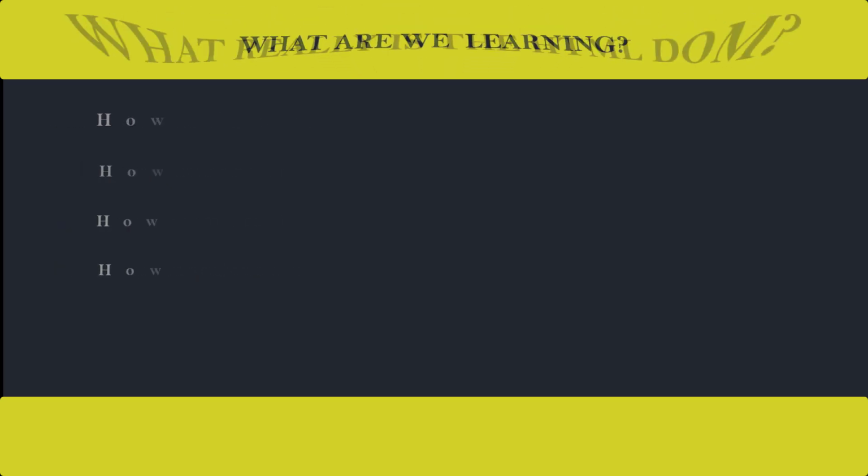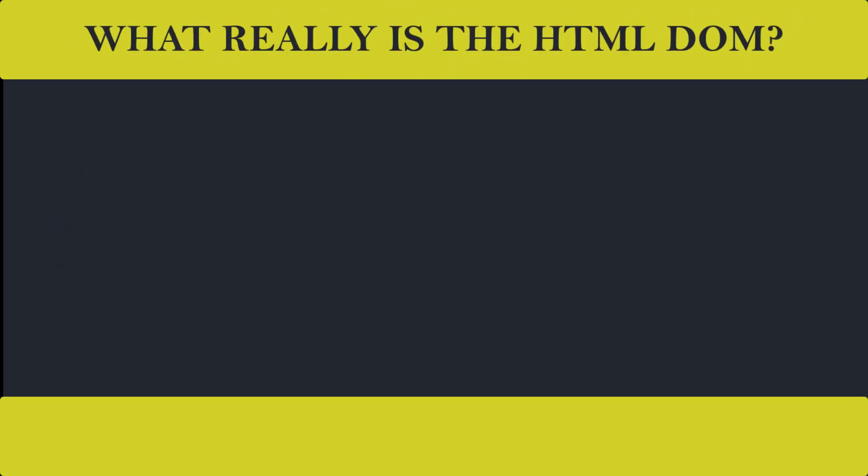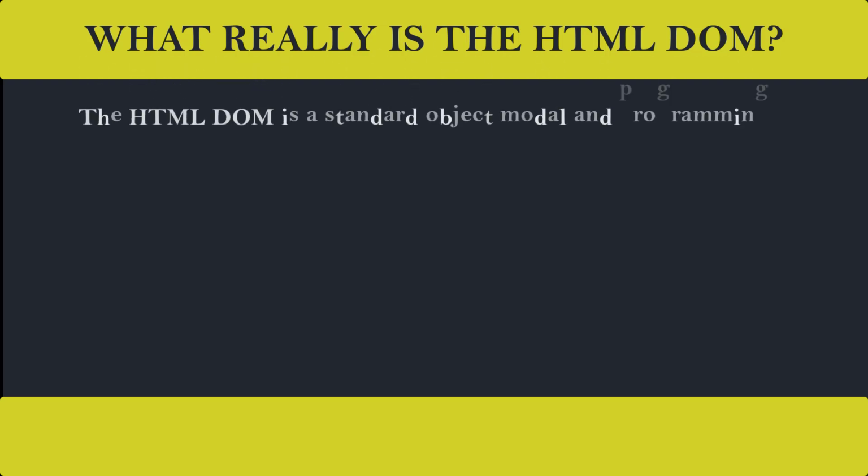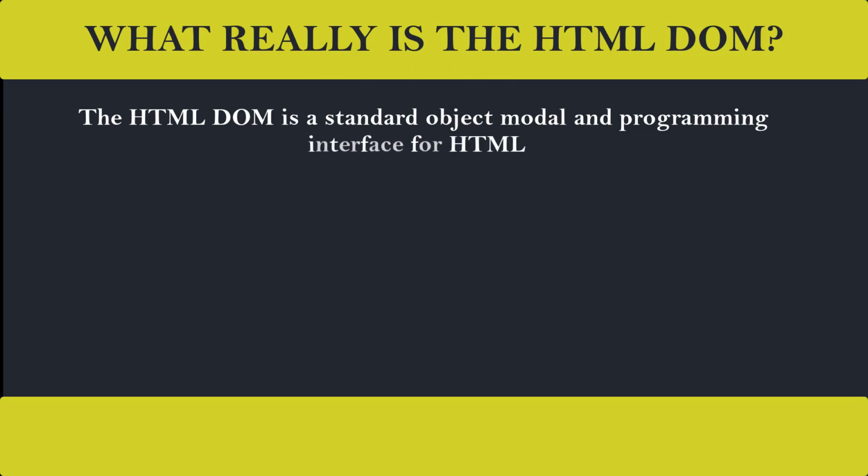Okay, now lastly, before we end this session, what really is the HTML DOM? The HTML DOM is a standard object model and programming interface for HTML. It defines, number 1, the HTML element as object. It defines all the elements. So the moment you start having elements inside your HTML